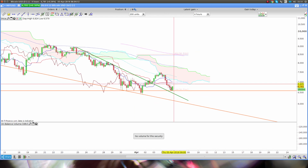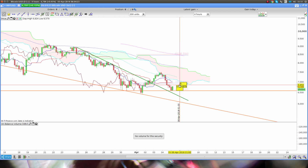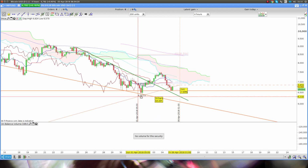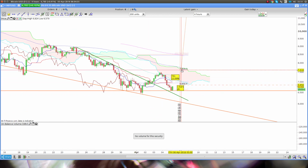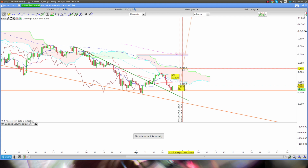So for me, waiting to see what this bar is. If this ends up as a green engulfing bar, then I will definitely take a stab at this with an entry above the bar and a stop loss sort of 300 pips away, possibly even just take it below the bottom of this bar here, 464 pips. And first target is going to be the top of